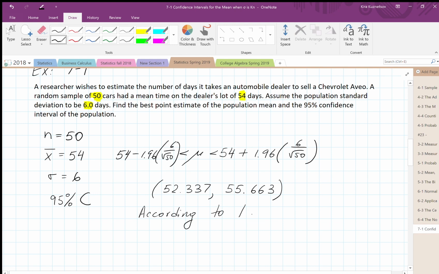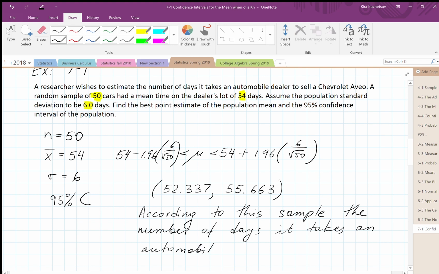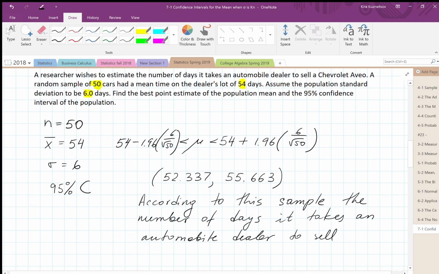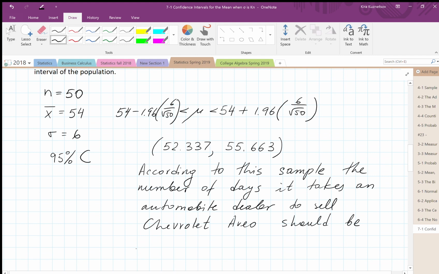According to the sample, the number of days it takes an automobile dealer to sell this car, Chevrolet Aveo, should be between,